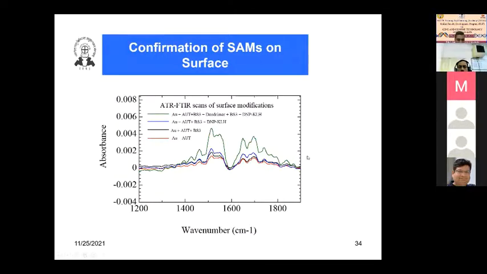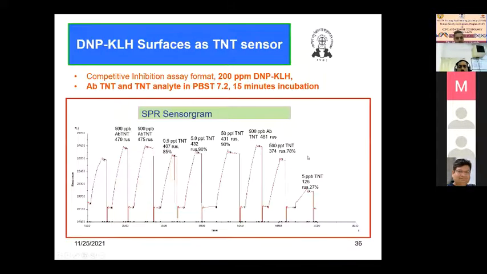So again, there is some different kind. Next. Another surface, so DNP KLH. So this is a cycle of the injection that we did in an inhibition mode with a different TNT concentration. Here, what we did with the TNT antibody, we added only the 500 ppb of TNT with it in a 50-50 concentration. So again, see this 500 ppb and 500 ppb, it's giving the same response.